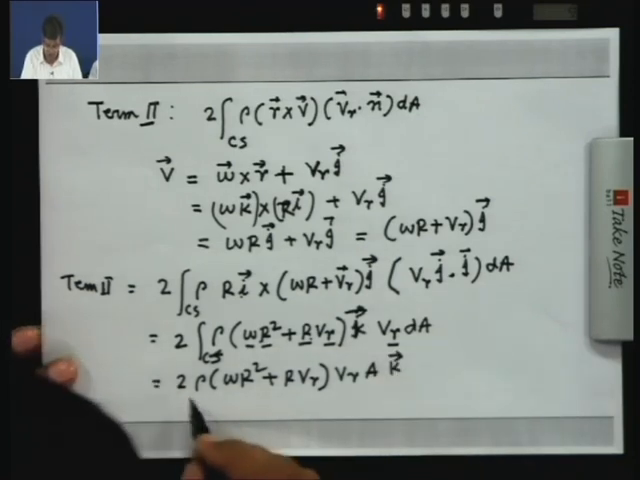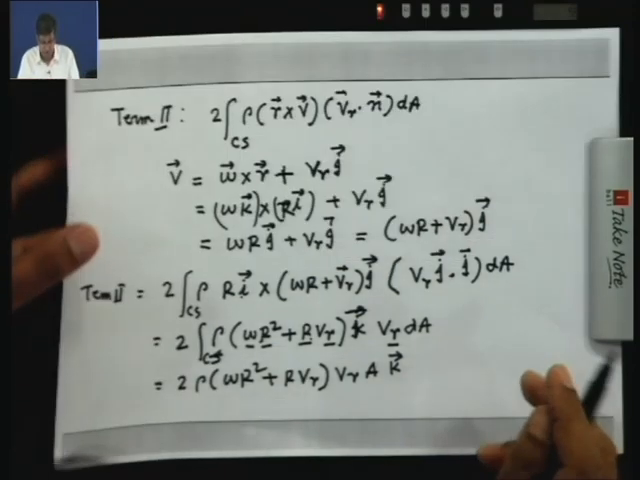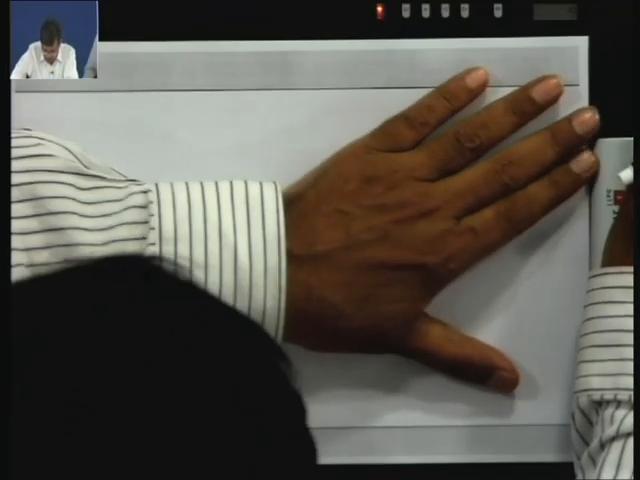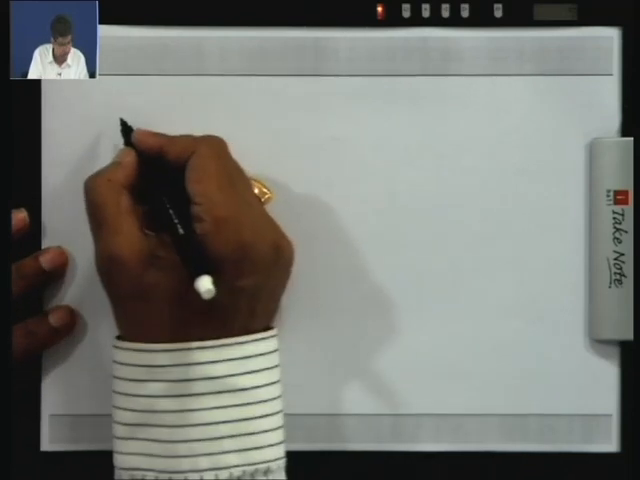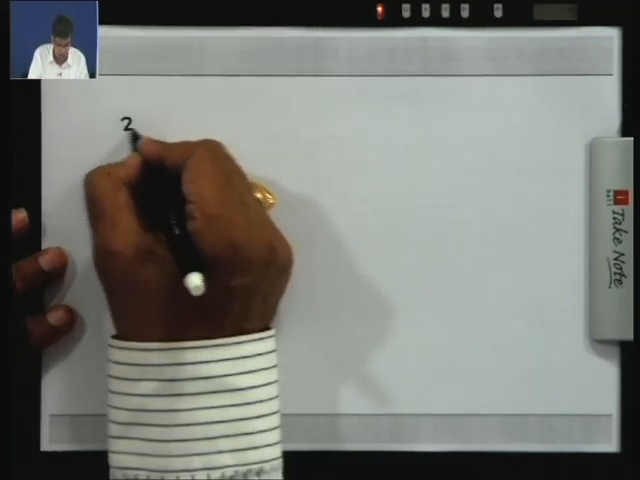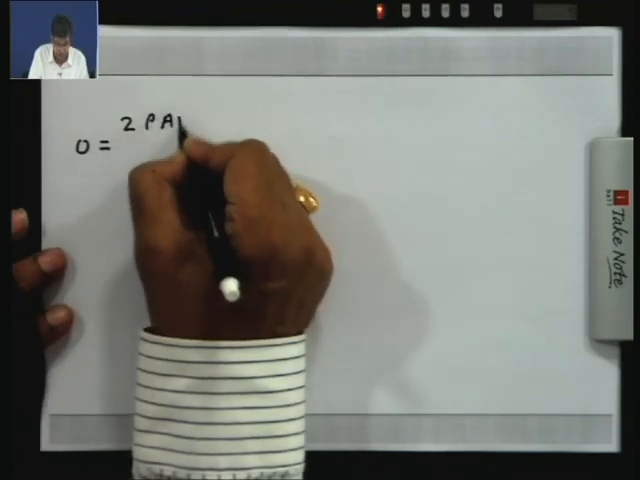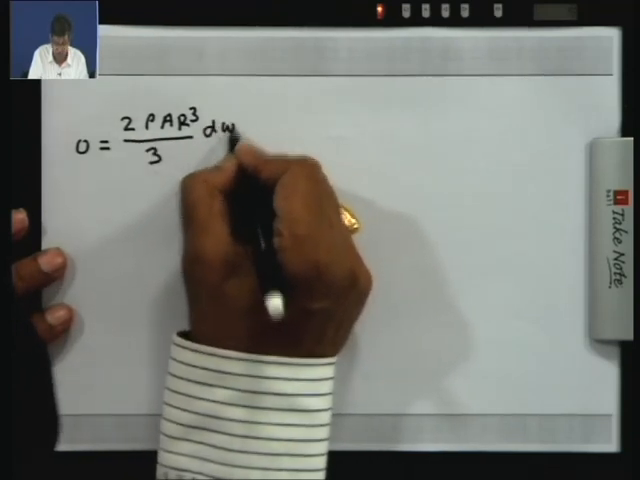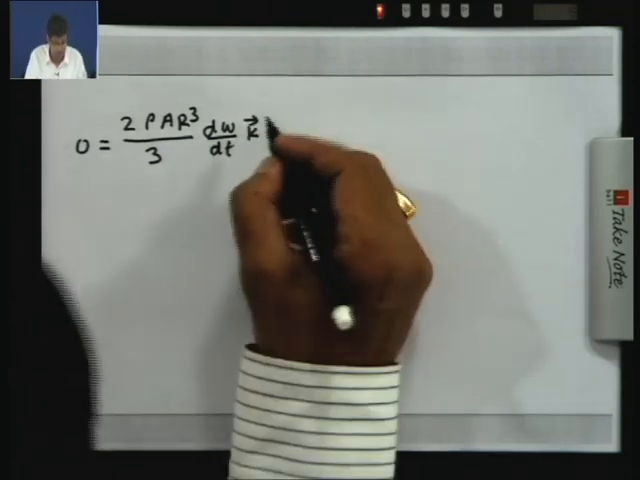So this is the term 2 rho omega. Now I express everything with Q. Before that, what I do, the term 1, term 2 I have got. So therefore now I replace the term everything in the equation, and I get the first term was 0 is equal to 2 rho, if you remember, A r cube by 3 d omega dt k. This was, everything was with the same vector notation k, plus